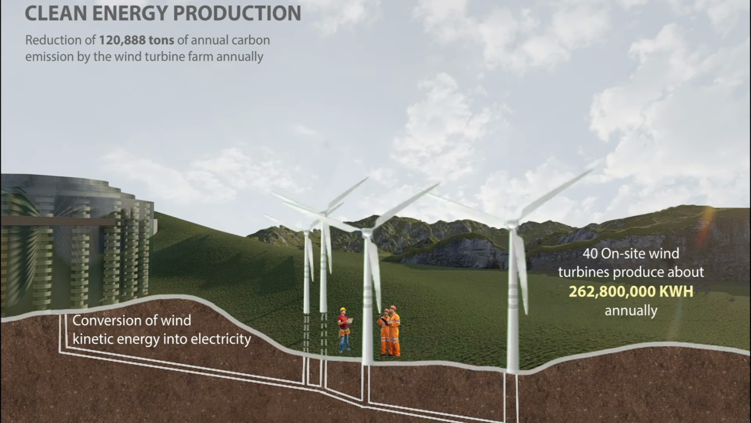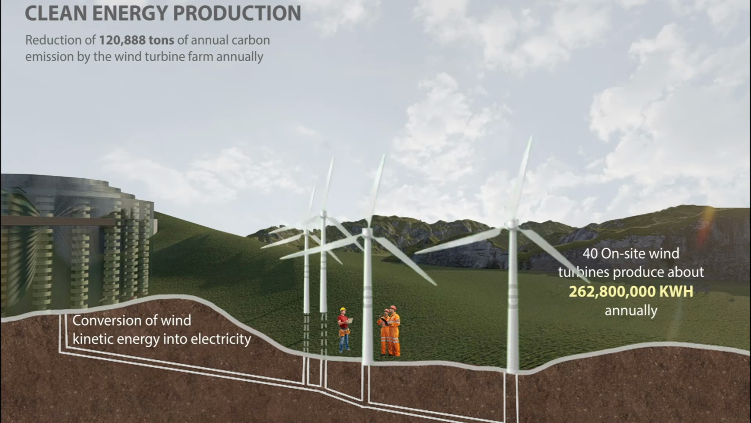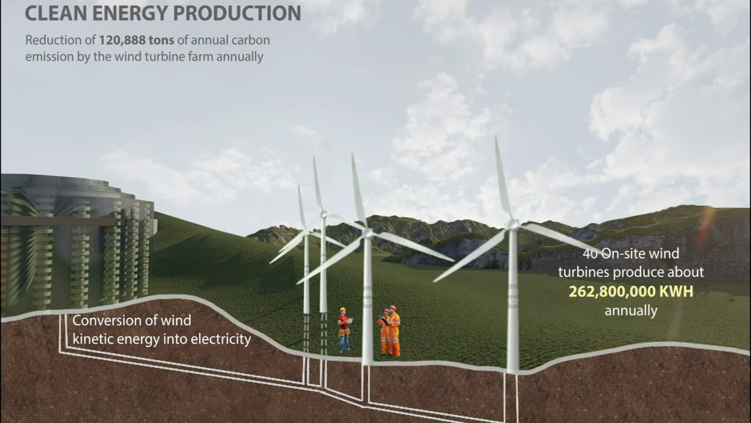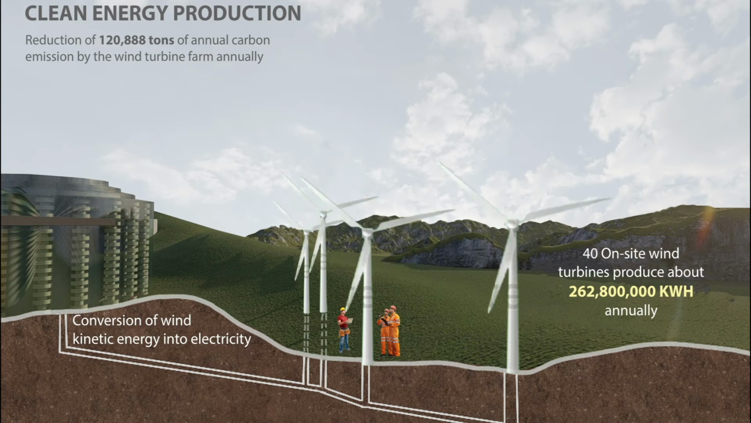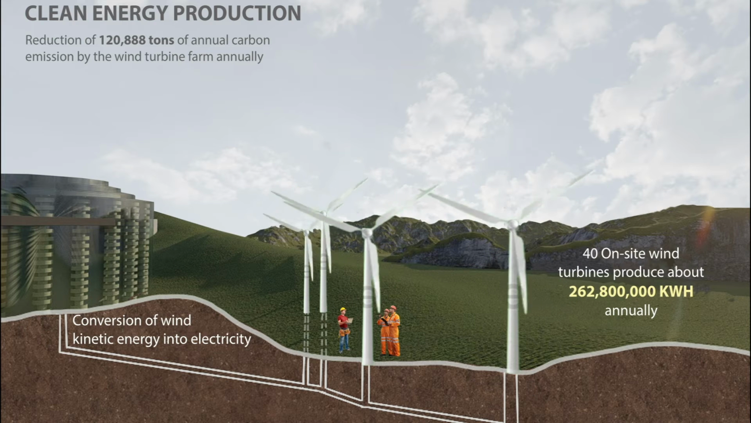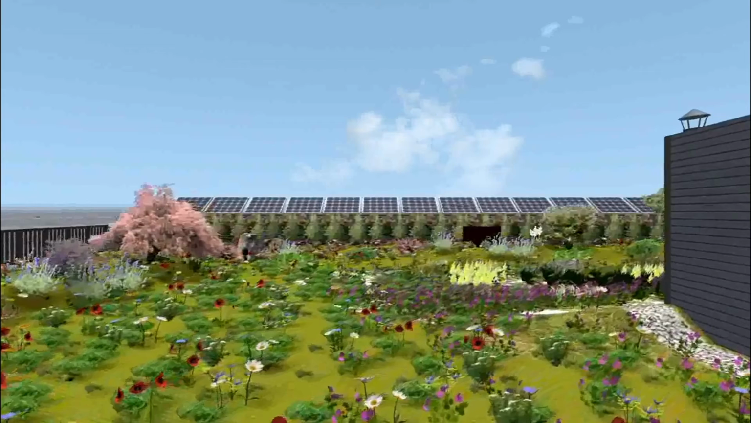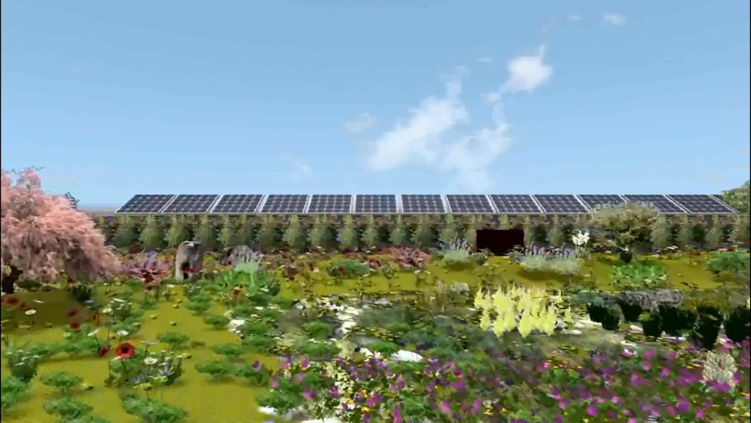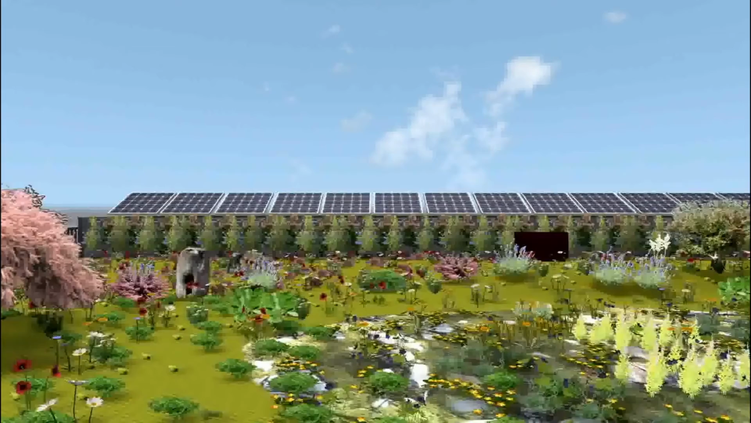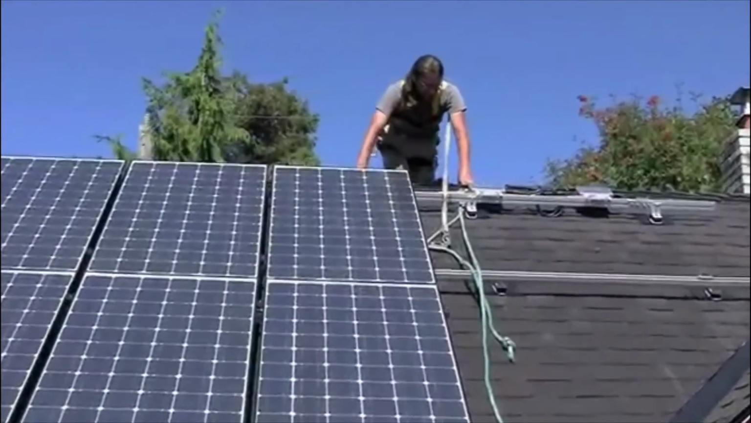Our wind turbine farm consists of 40 turbines and will produce about 263 million kilowatt hours annually. With this implementation, we will reduce our site's carbon emissions by 120,000 tons annually. We are also adding 424,000 square feet of solar panels that can produce about 9,636,000 kilowatt hours annually. The use of solar panels will yield a 99% decrease in carbon emission compared to traditional